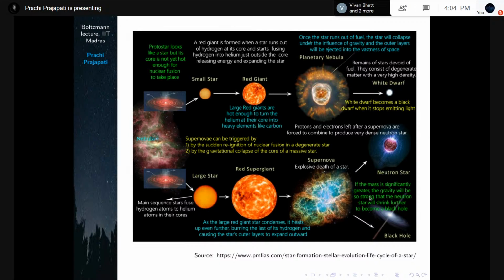In particular, massive stars are defined as stars with an initial mass greater than 10 solar masses, and among them, the stars which are even above 40 solar masses have a Wolf-Rayet phase. It's an evolutionary phase which they go through in between the red supergiant and supernova explosion. So we can understand that the Wolf-Rayet phase is the phase just before the death of the massive star. I will be talking about that in upcoming slides.